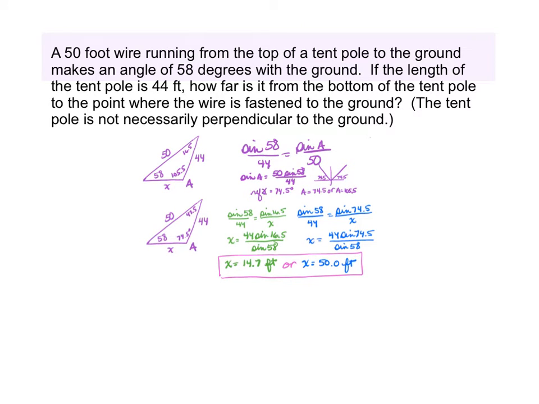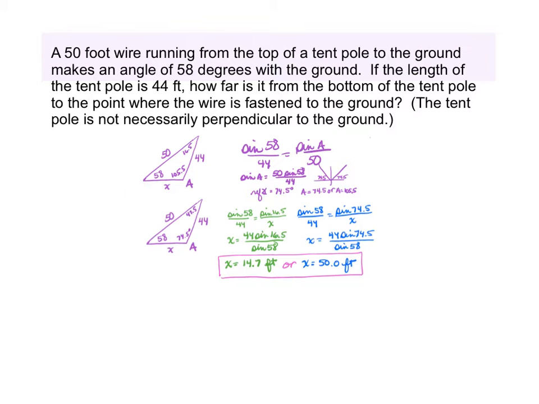Okay, as you can see, this is the ambiguous case. The only way to solve this is from the law of sines. I have my wire drawn here, that's my 50-foot wire, and my pole here. I made sure not to draw it perpendicular to the ground, and I want to know how far it is from where the pole meets the ground to where the wire